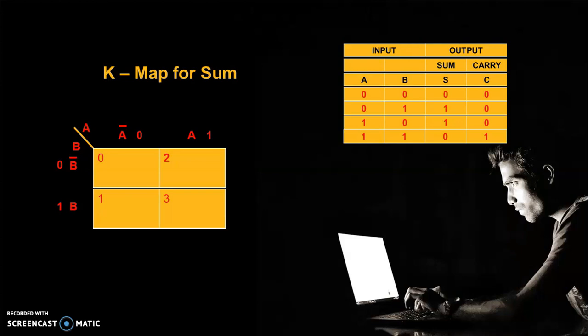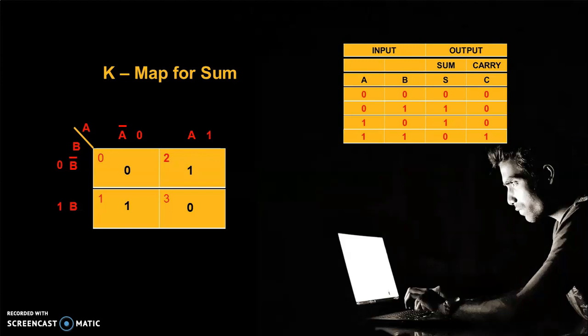Now we know that as per the decimal numbers 1 and 2 we have high output. So for 0 1 and 1 0, that is 1 and 2, we have high output, or minterm is high. So we can write 1, 1 in cells number 1 and 2. In the remaining cells we have to write 0.